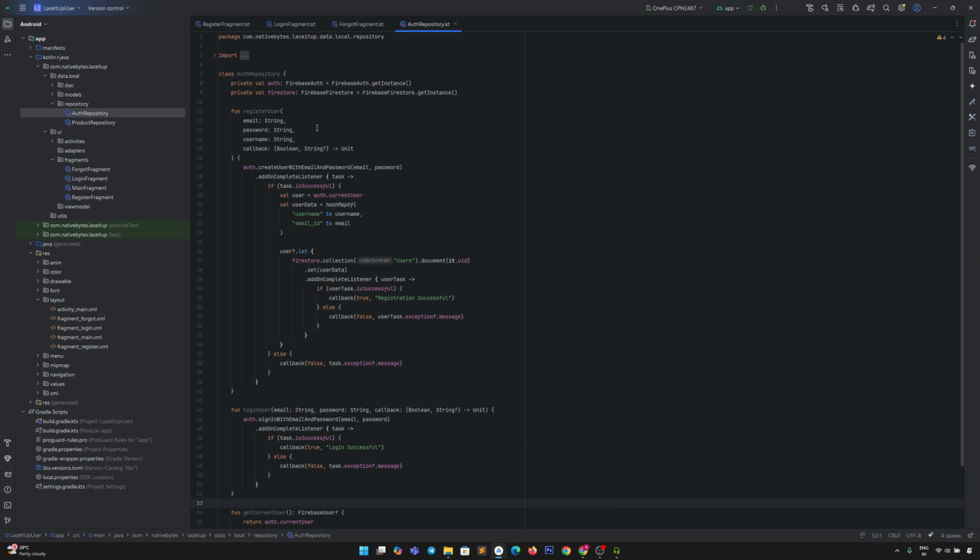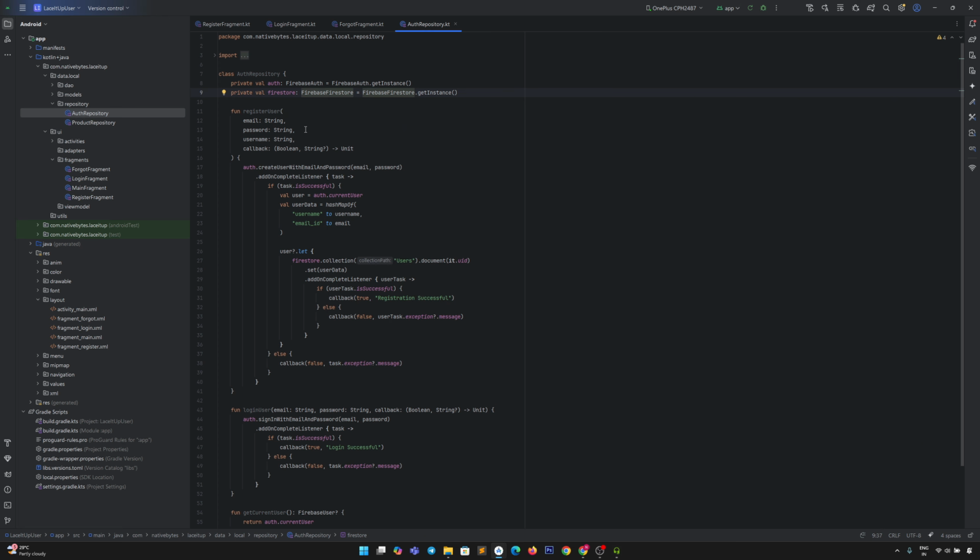So this register user function will create a new user with email and password, and also saves username plus email address to the collection called users in the Firestore. So what we did here, we connect Firebase authentication service and Firestore service to this class.